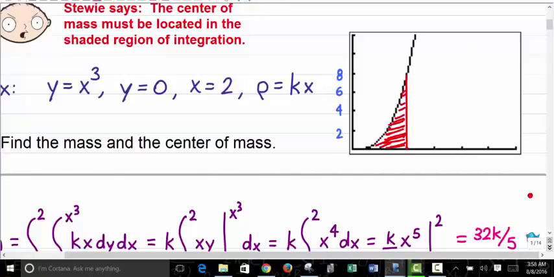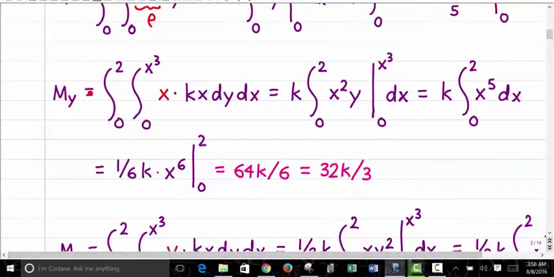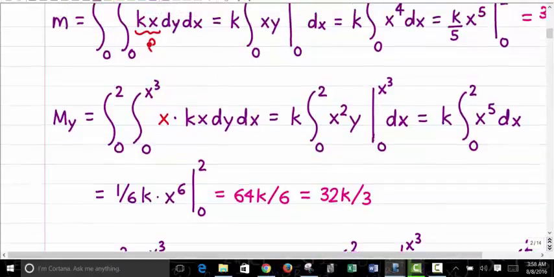Now, next thing we're going to do is calculate the moments. The my moment, you automatically put an x in there and multiply it by that same density function. It's still kx; the density function doesn't change in the same problem. So we've got x times kx. The k is a constant, so it can be pulled out. So you're integrating x squared dy dx, so that makes it x squared y. Pretty easy integral, bringing x cubed to x fifth, easy, 64 over 6, which then reduces to